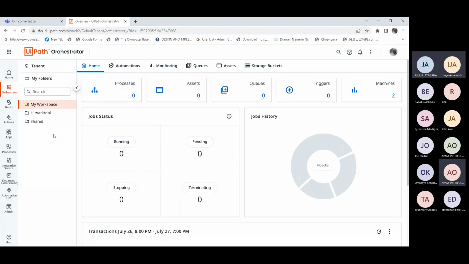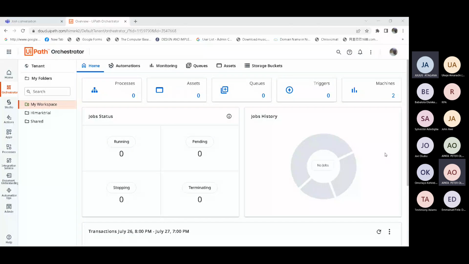Now, having said that, we move to the next one, which is the asset. Take an asset to be a variable on your machines. We talked last time that we can use an asset to store some data.